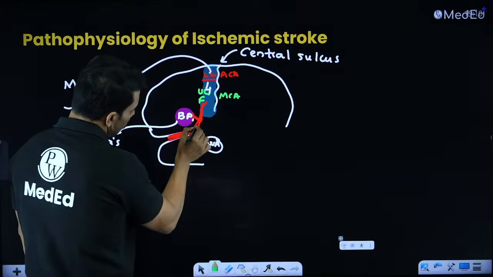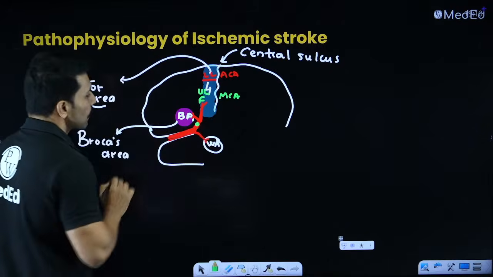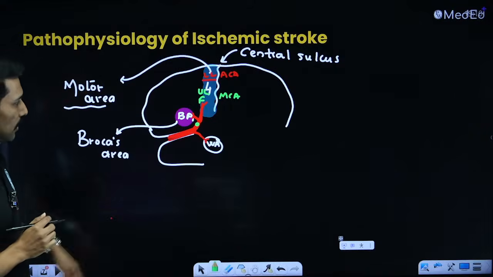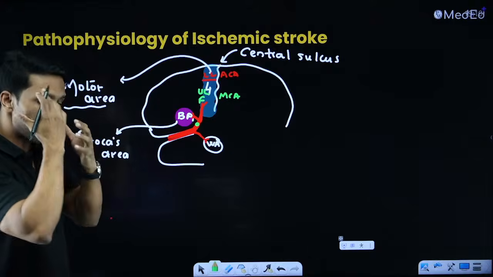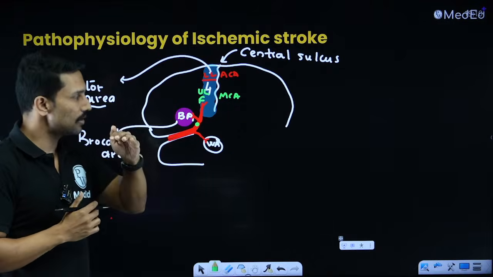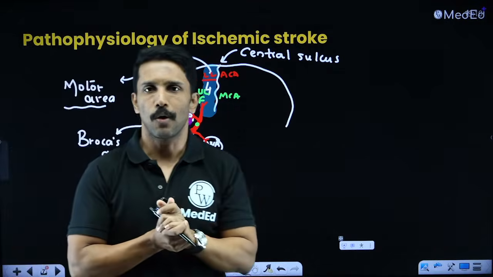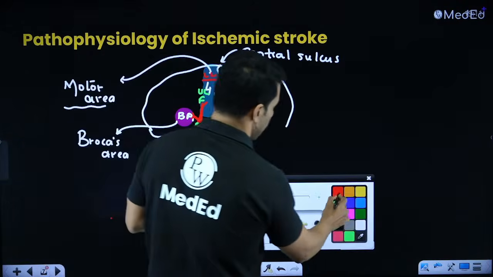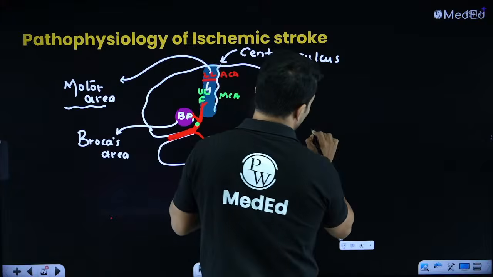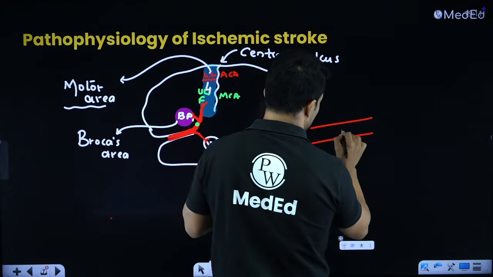Now, if I create an occlusion of this superior division of the middle cerebral artery, the blood flow to Broca's area and the upper limb and face regulating part of the motor area is cut off. Okay. Now, what are the consequences that it will lead to? Once I cut off the blood flow to some part of the brain,